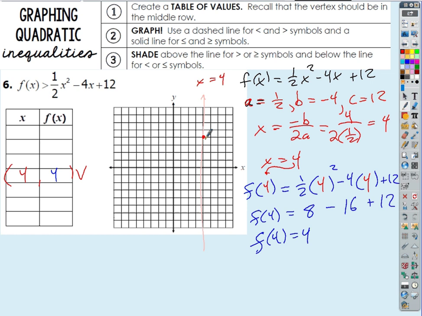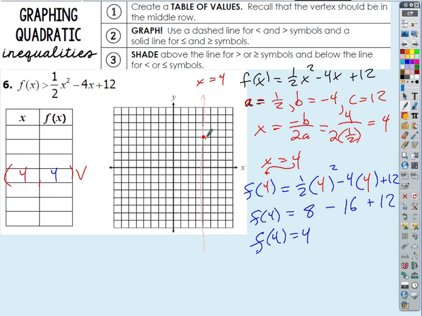Okay. Now all I need is just some additional points. An additional point or two, and I can just pick points on one side and reflect them over. I only have to work on one side of the axis of symmetry. So what are some values of x that I could pick? I want to be close to the axis of symmetry. If that's at 4,